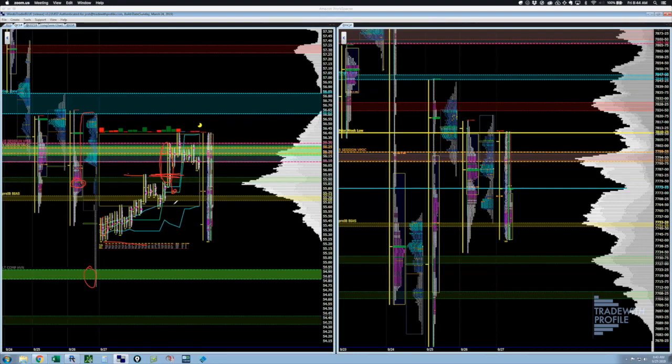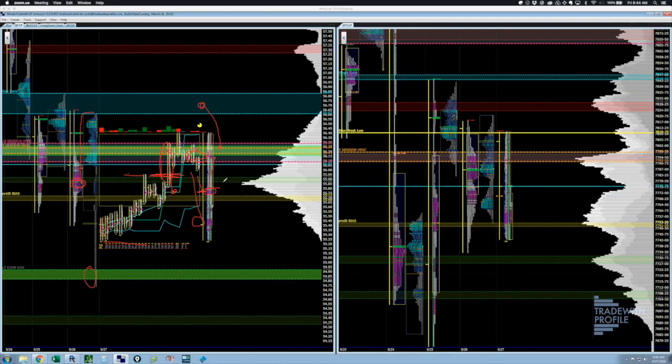around 63 into this area of volume to add more size. We didn't get that, and they ran straight to the target. So now, as far as potential opportunities left, the value has migrated up here higher. I might look potentially for a short up in this area that could rotate back if we could get up that high. I don't know if we can get up that high, or might look for a long back toward the open. If we can rotate back towards the open or to this area, and then rotate back to current day value.